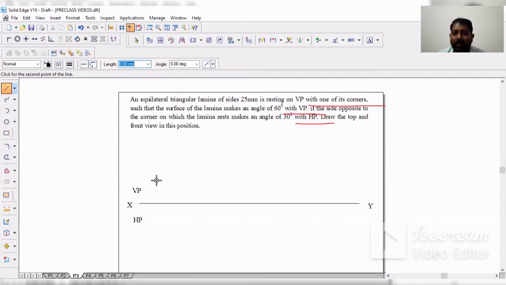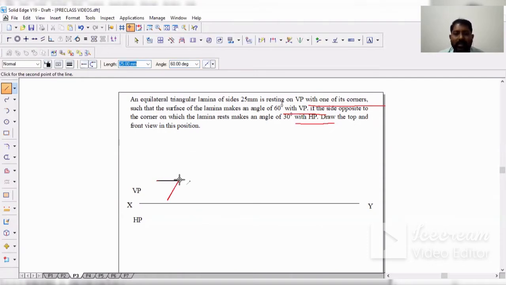For that, click a point on the vertical plane. Length of the equilateral triangle is 25 mm. Enter. Angle initially is 0. Next is length 25 mm. Angle is minus 120, external angle.